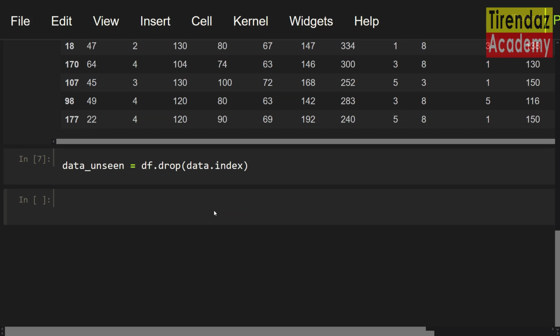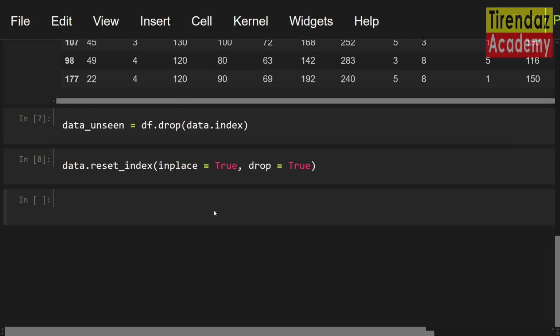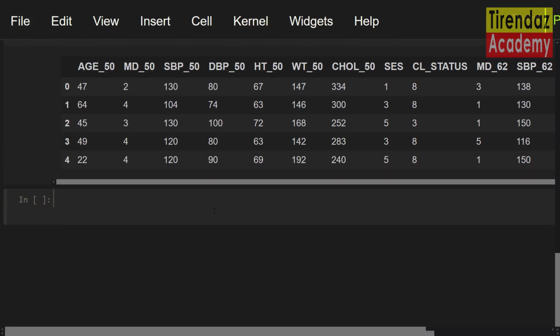Now let's reset the indexes of this dataset. data.reset_index. To save the change to the dataset, inplace equals True, and let me set drop equals True. Let's see this dataset again. data.head. As you can see, the indexes of the dataset have been reset.